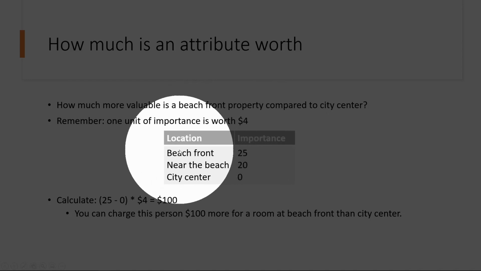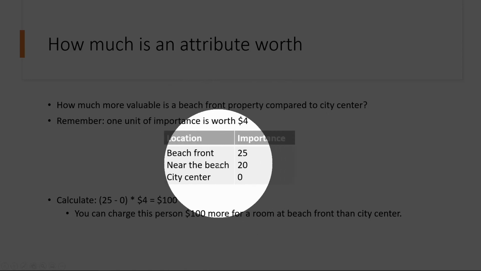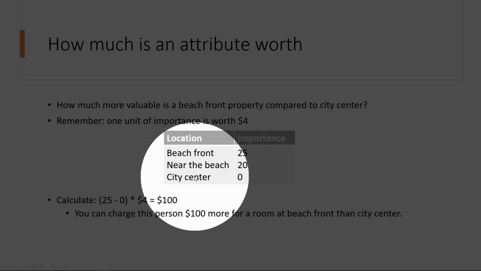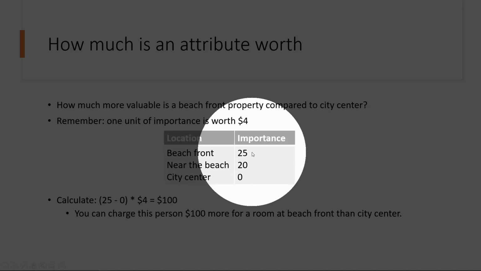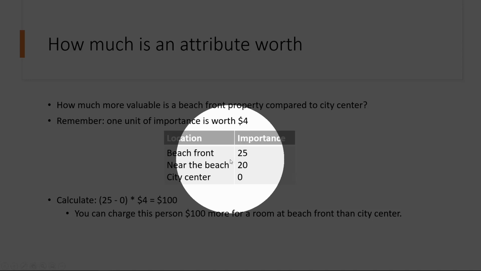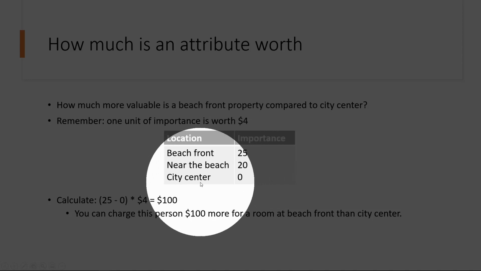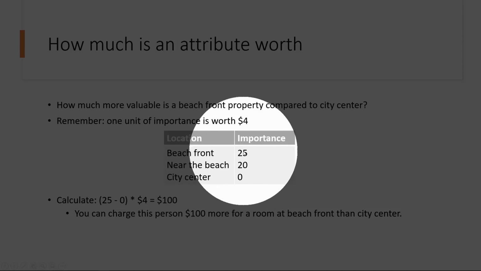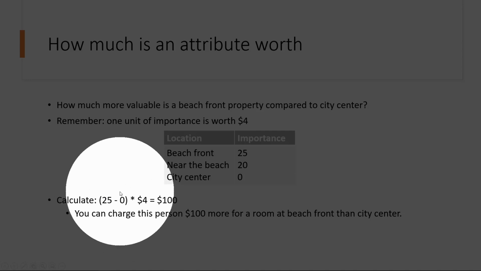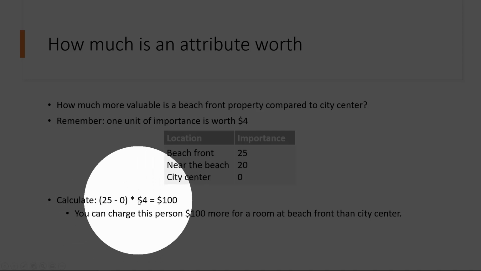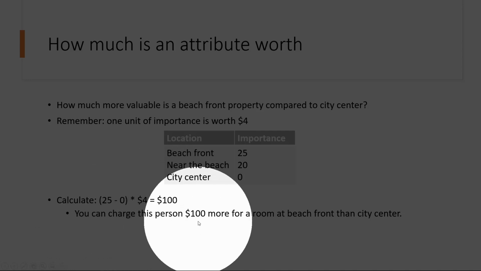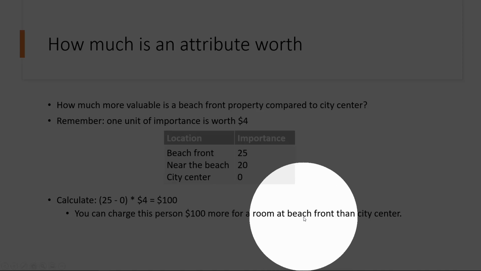So now here's the other part we have from the conjoint regression results, that for the 3 different types of locations, beachfront, near the beach, and the city center, the estimated importance coefficients are 25, 20, and 0. So we want to compare beachfront versus city center, and the difference in their importance is 25 points. So we can calculate 25 points of difference times $4 per point. That's $100. So we have that you can charge this person $100 more a room per night at a beachfront